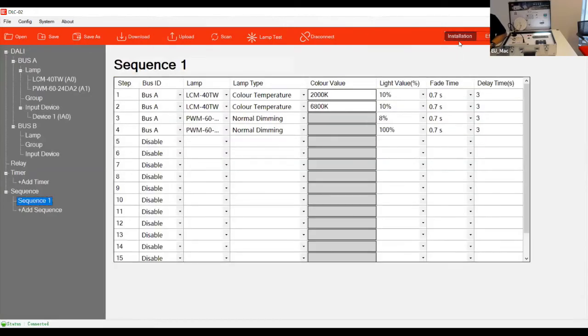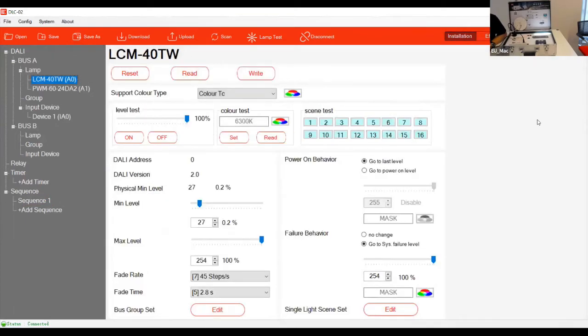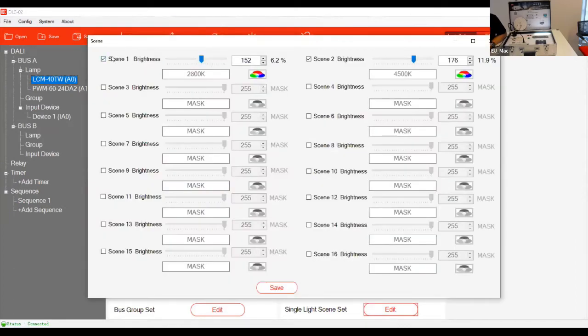Scene is defined in each device. So go back to the ECG here. At least here you can see, you can set the scene for the LCM because it's tunable white. So first we can set, for example, two scenes. First scene, for example, I would like to set the scene